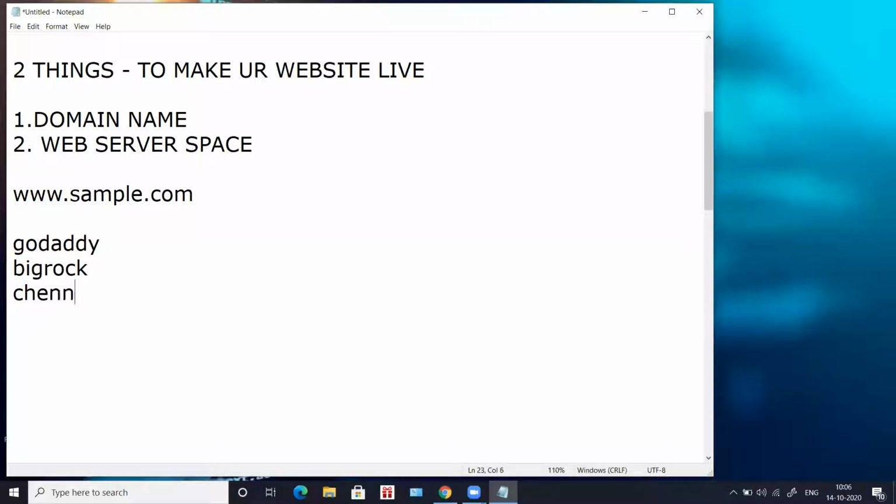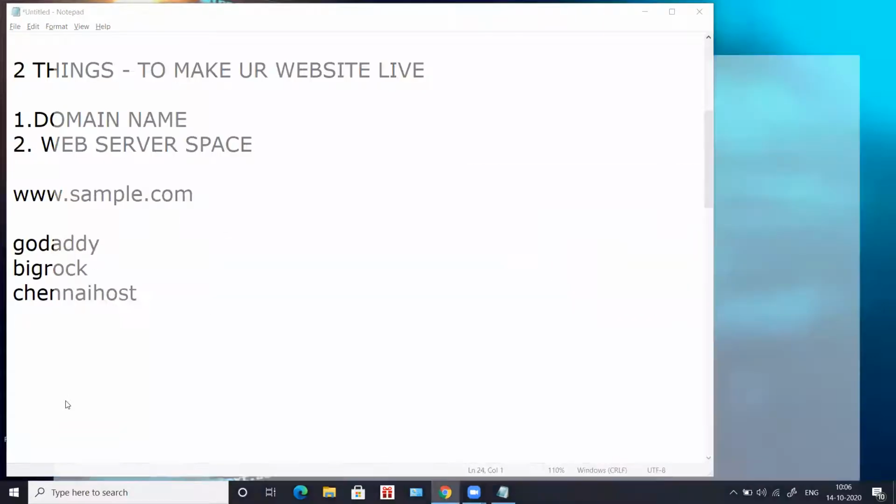There are many hosting providers. You can go to them and ask for the domain name. If this domain name is available, they're going to tell you how much it costs, and you can pay the amount and buy the domain name. It's as simple as that.